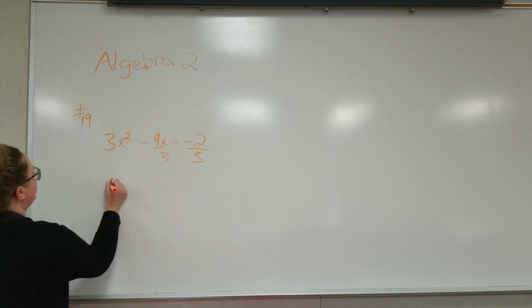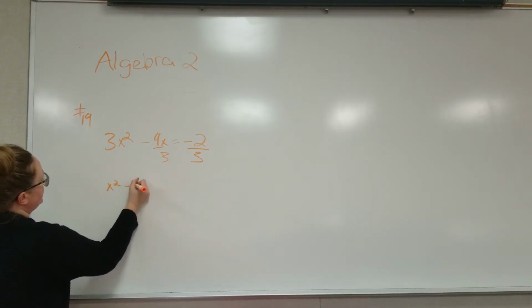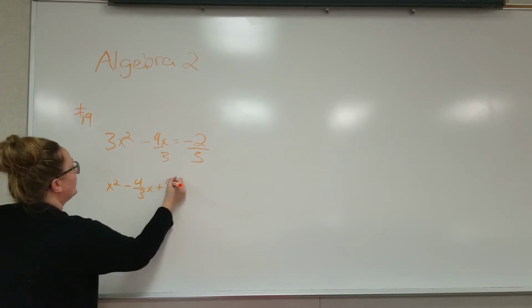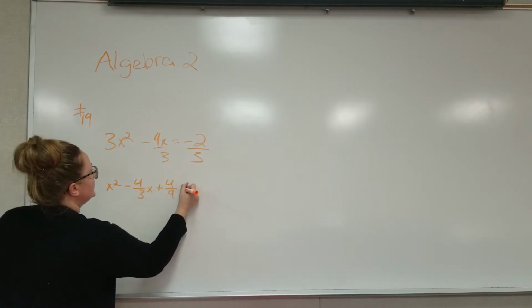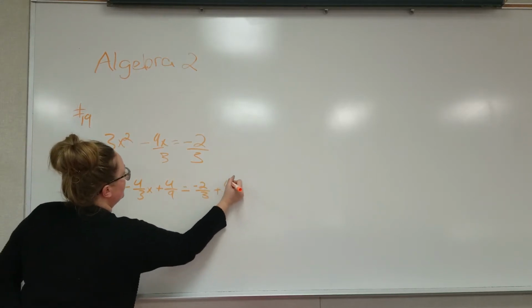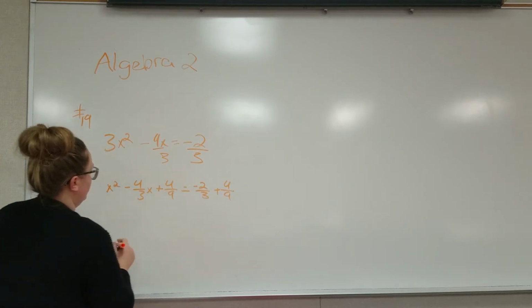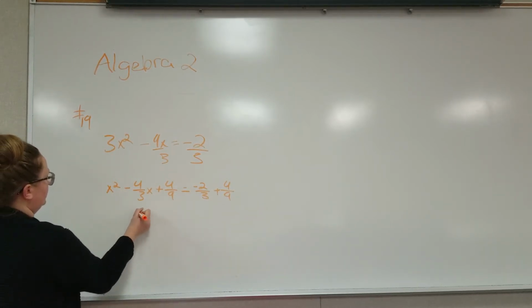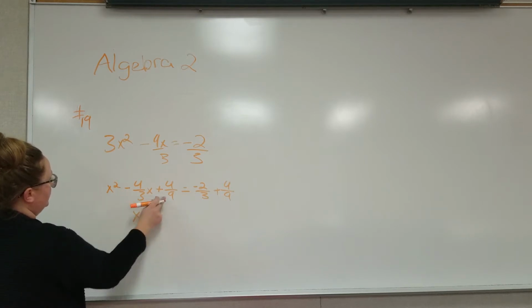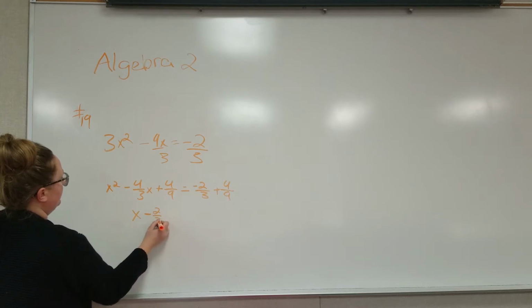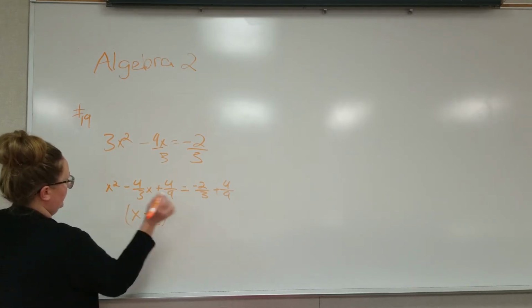So now it's going to say x squared minus 4 over 3x plus 4 over 9 is equal to negative 2 over 3, also plus 4 over 9. All right, so this side, it automatically factors. That's why we do this. It factors to x, and it's minus plus, so it's going to be minus and the square root of this, which is 2 over 3. Right? So we've made